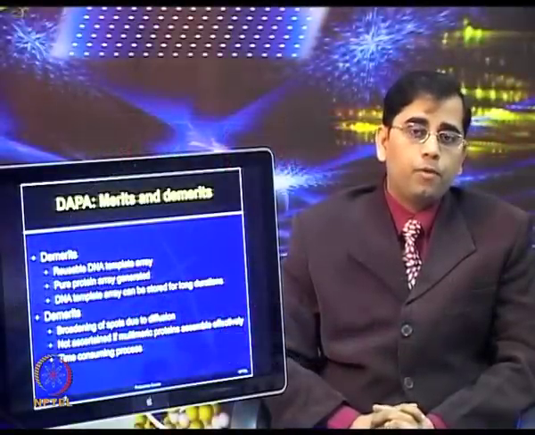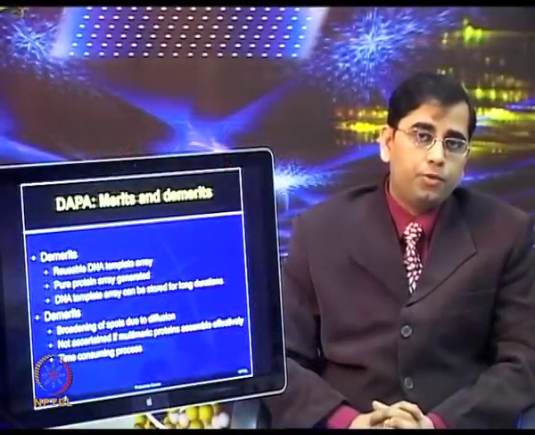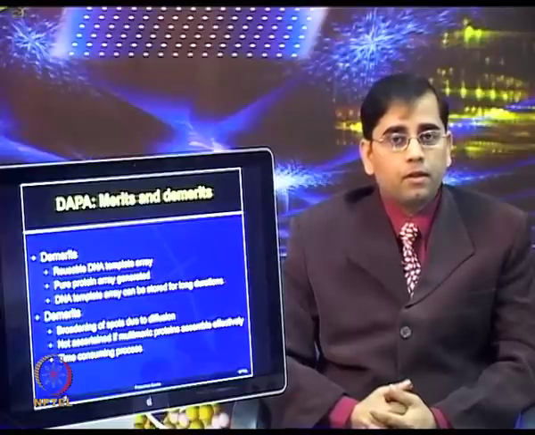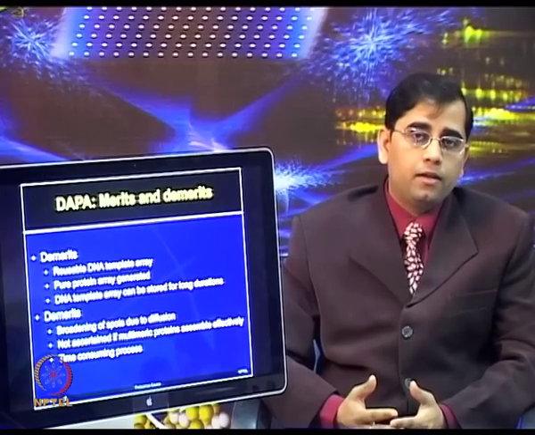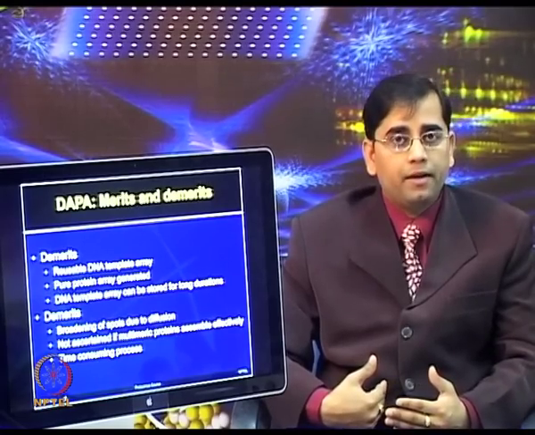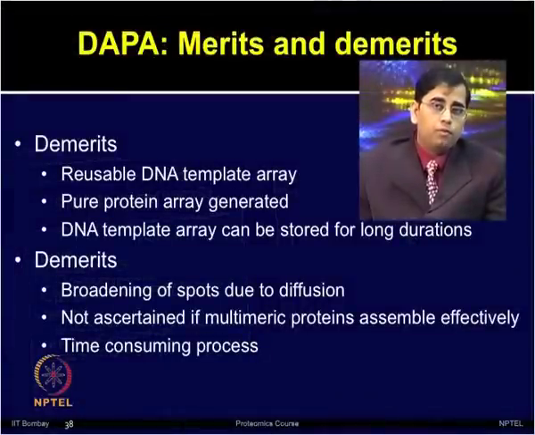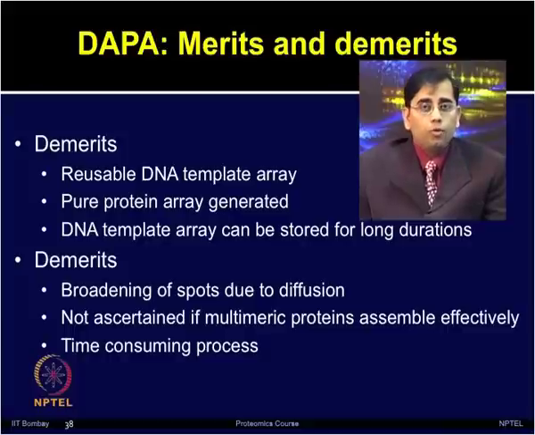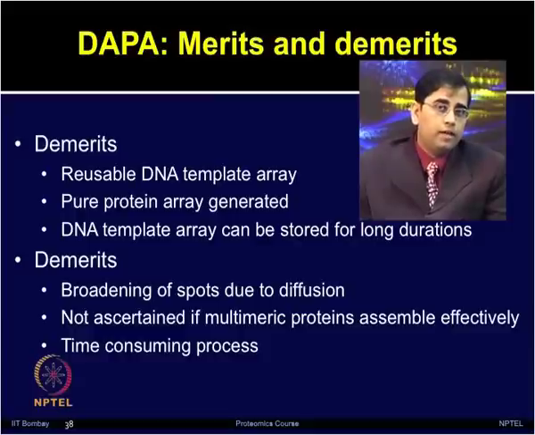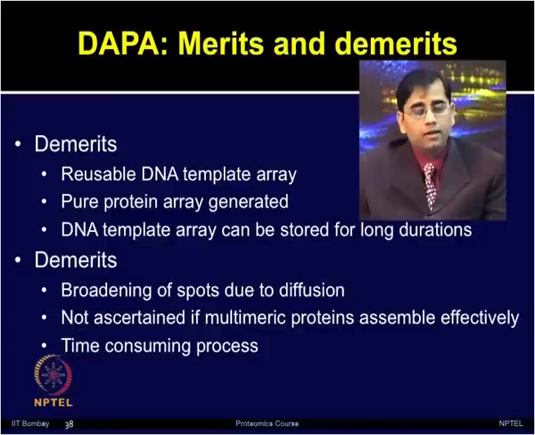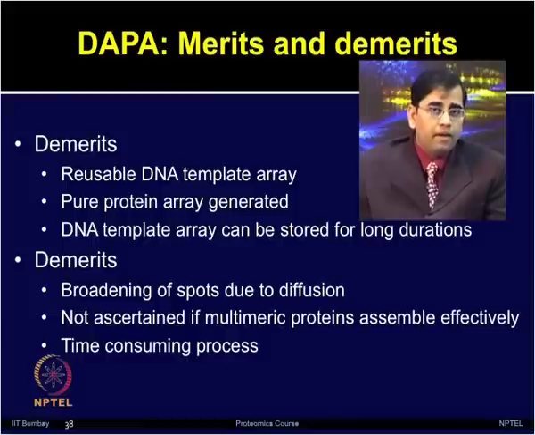The DAPA approach provides a few advantages as compared to the previously described methods. One can get pure protein because the protein is diffused from the membrane. There is a reusable DNA template, which is able to print multiple chips by using this chemistry. The source template, which is DNA, that array can be stored at room temperature for a long duration, and when there is a need for making protein arrays, one can use the membrane with the lysate, followed by generation of multiple protein arrays.